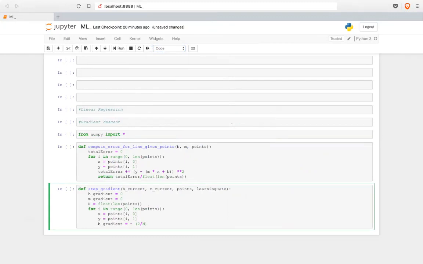So it's nothing but minus 2 by n. Okay, so it's minus 2 by n star y minus m current star x plus b current. Right, so this is the gradient with respect to b. This is exactly the same as whatever we had discussed, right? So it's y minus